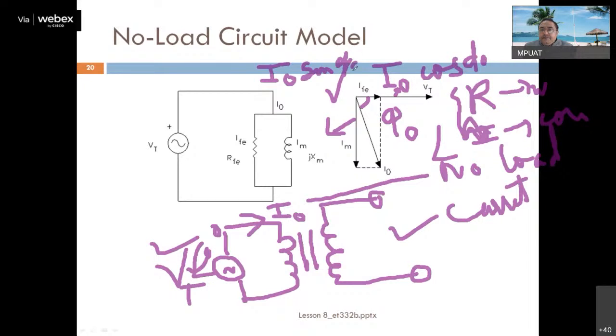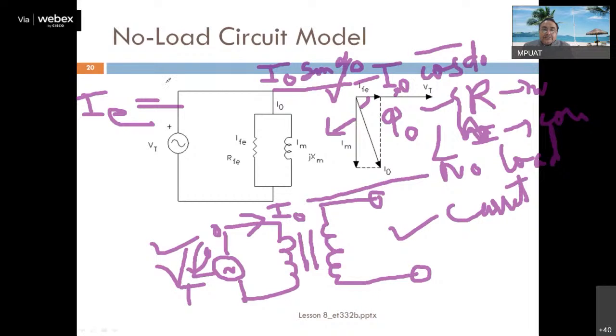तो एक I naught करंट था, which is lagging the applied voltage VT by an angle of phi naught. मैंने इसको रिजॉल्व किया, दो कंपोनेंट आए हमारे पास। एक कंपोनेंट आया जो I naught cos phi naught था, which is in phase with the applied voltage, और एक कंपोनेंट आया जो 90 डिग्री पे था अप्लाइड वोल्टेज के, जिसको मैंने कहा I naught sin phi naught। जैसे पोलर कोऑर्डिनेट दिए हुए होते हैं तो हम उसको रिजॉल्व करते हैं, कार्टेशियन कोऑर्डिनेट में ऐसे ही करते हैं। P angle theta दिया हुआ है तो उसका X कंपोनेंट P cos theta और Y कंपोनेंट P sin theta होगा। ये I naught cos phi naught कहलाता है I_c, कुछ बुक्स I_fe भी लिखते हैं, इसको कहते हैं कोर लॉस करंट।